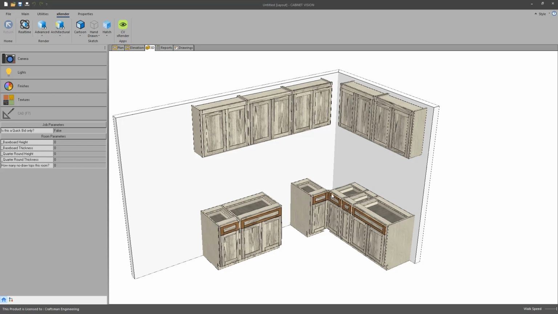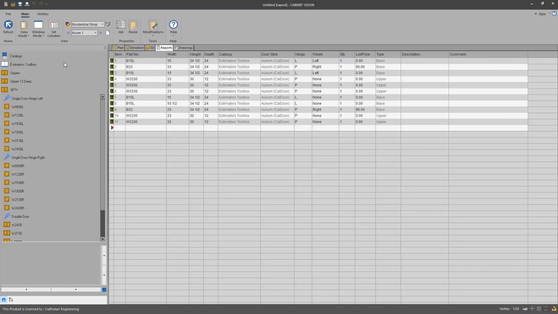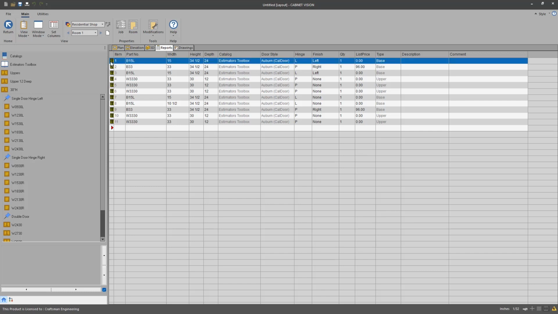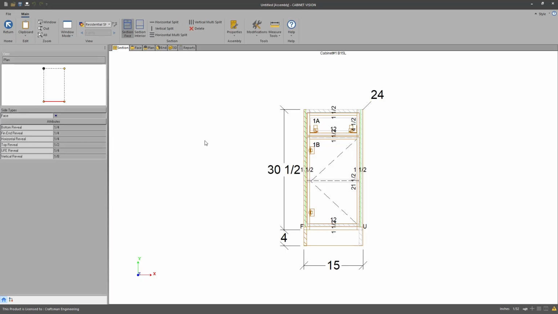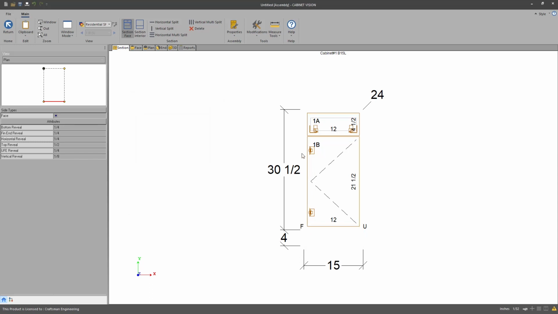So I'm going to do this by going to the order entry screen, and I'm going to take each one of these cabinets one by one, and I'm going to hide parts under modifications, hide parts. And the parts that I'm going to hide are not all the parts, but everything except the doors and drawers. Okay, now when I do that, click on this, what I'm left with is the doors, the hinges, the drawer